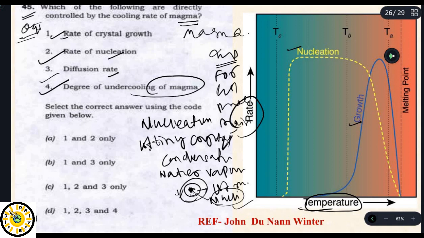So these four affect the undercooling of magma. So 1 will be true, 2 will be true, 3 will be true, and 4 will be true. So these 4 are true. ठीक है,